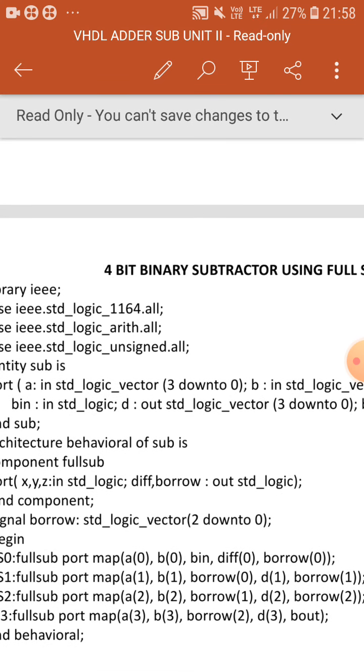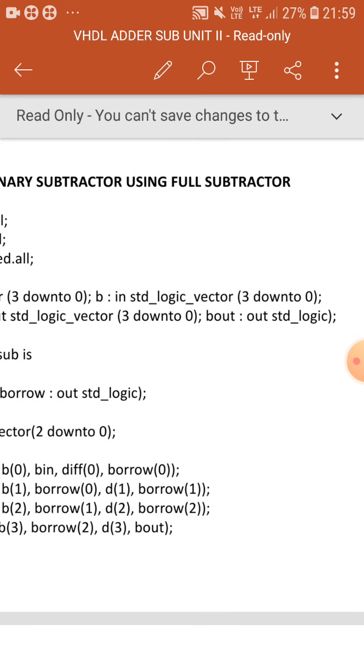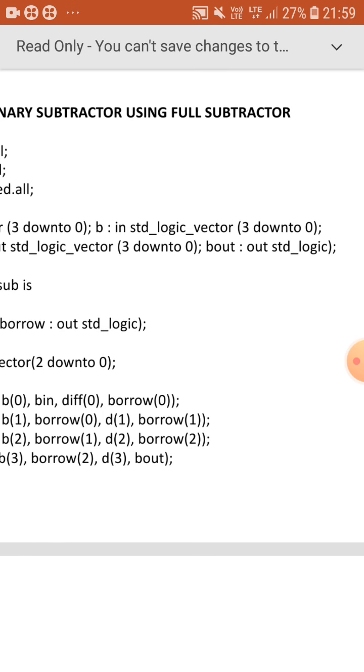A of 3, A of 2, A of 1, A of 0. A of 3 is the MSB bit, A of 0 is the LSB bit. Next I am declaring B. B colon mode in std_logic_vector 3 down to 0. B of 3, B of 2, B of 1 and B of 0. B of 3 is the MSB bit, B of 0 is the LSB bit.